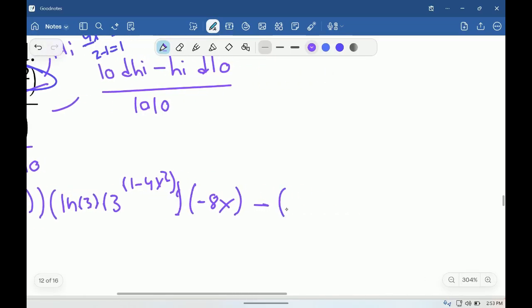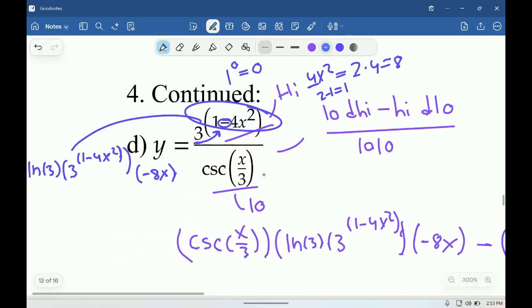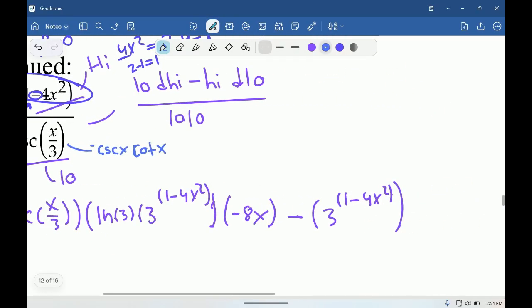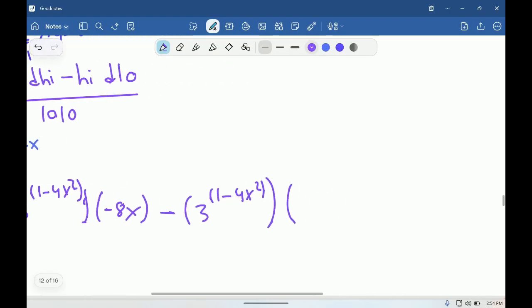Now we're just going to put the high, which is going to be 3 to the 1 minus 4x squared. And now we need to find the derivative for our low. We know that the derivative for the cosecant is going to be negative cosecant x cotangent x. So we're going to want to put that over here, but we're going to replace the x's with x over 3. Negative cosecant x over 3